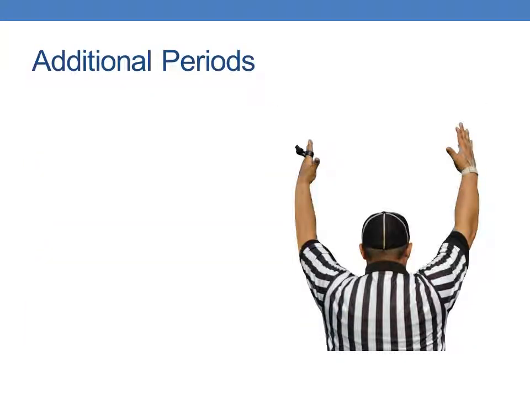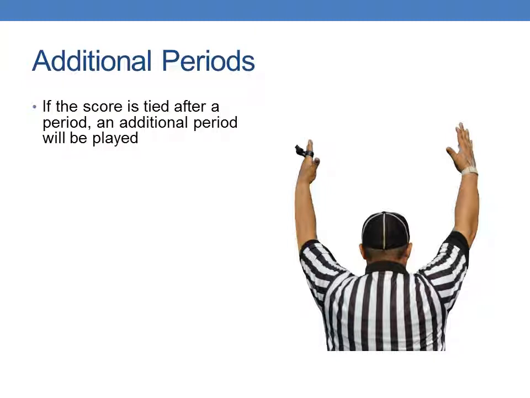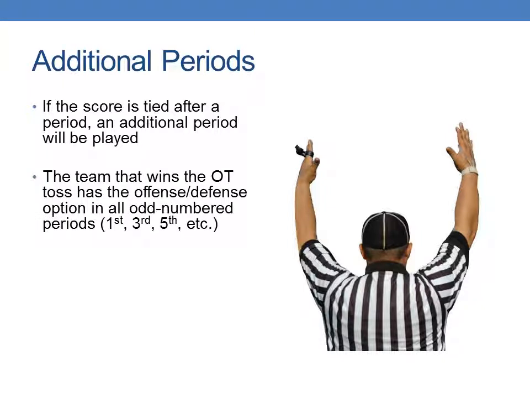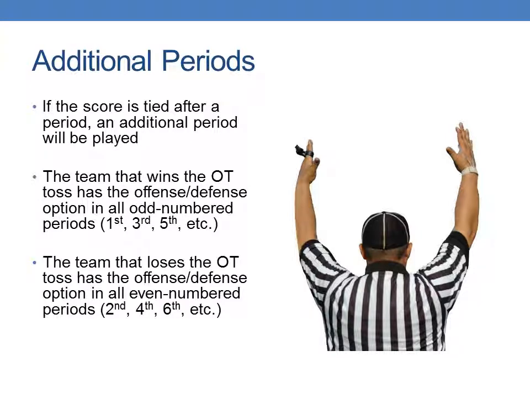If we come to the end of a period and the score is tied, we will play an additional period, and we will continue to do that until we end an overtime period and the score is not tied. Important to note that the team that wins the overtime coin toss has the offense-defense option in all odd-numbered periods, 1st, 3rd, 5th, etc. The team that loses that coin toss has the offense-defense option in all even-numbered periods, 2nd,